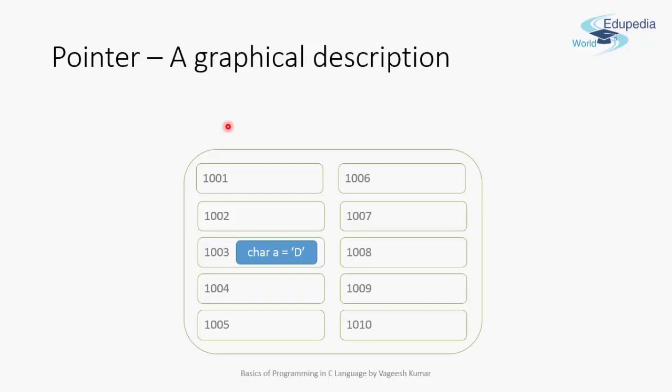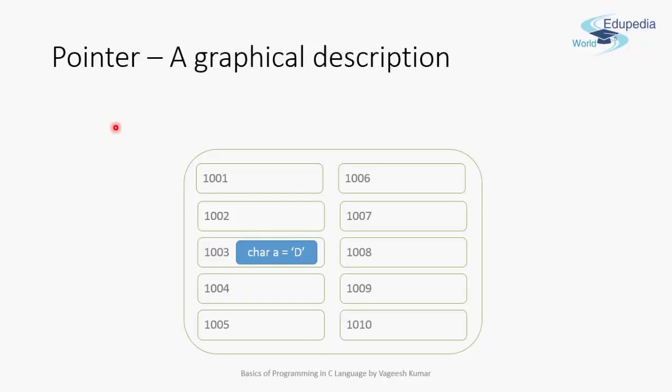This variable char a will be allocated some memory location by the operating system when your program runs. The variable is declared, so it will be allocated some memory location by default. Suppose that memory location is 1003. So this value D will be written at 1003, and this information that 1003 is for variable a will be stored somewhere